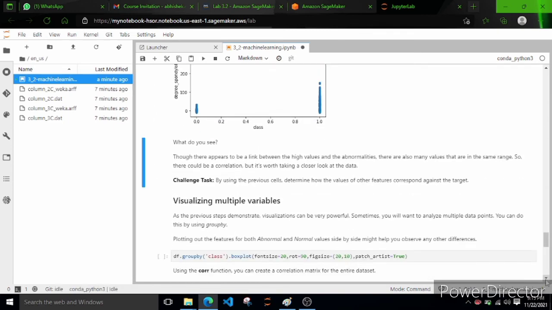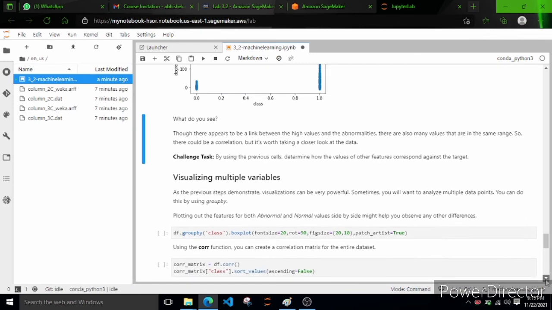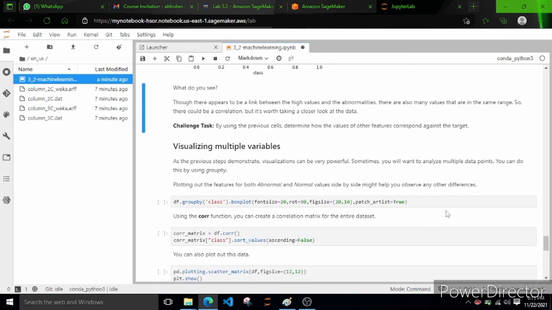So again, this is yet another visualization feature. Can we visualize multiple variables? Yes, using the group by function. It is another powerful feature which you'll learn eventually as you progress in machine learning. Using group by you can plot and visualize multiple variables. So let's plot it and see how it looks.